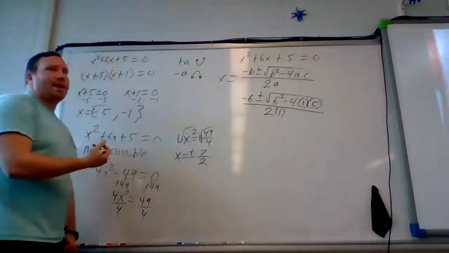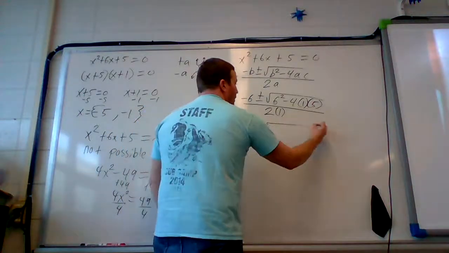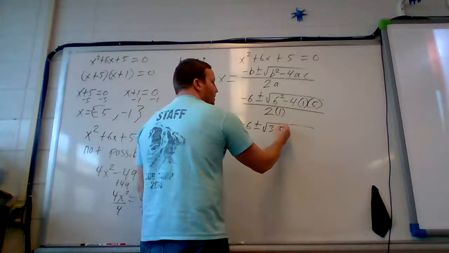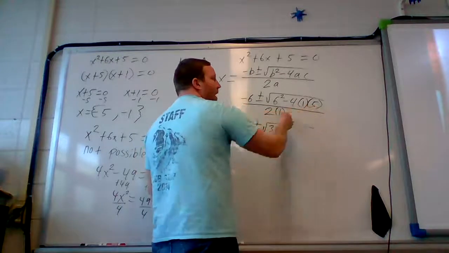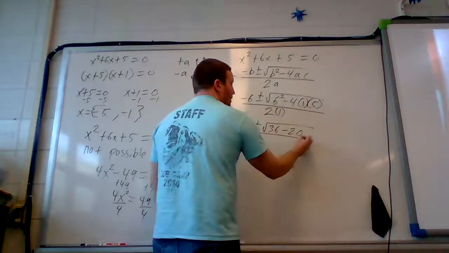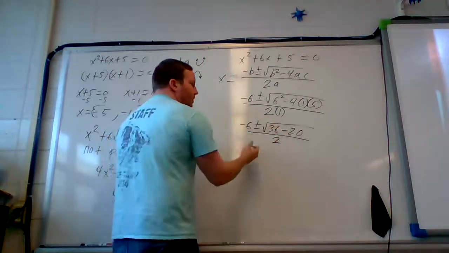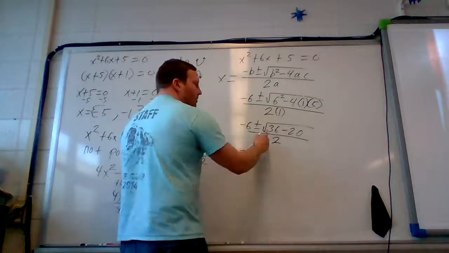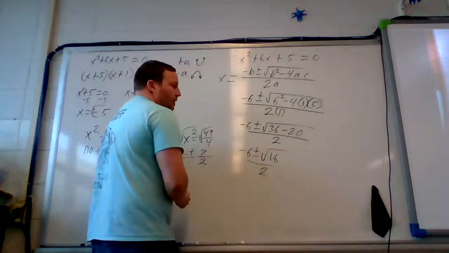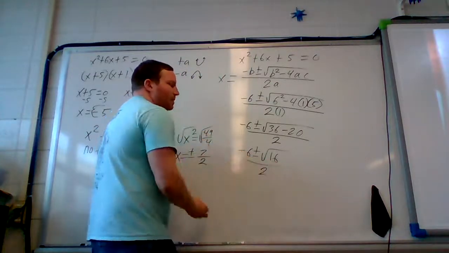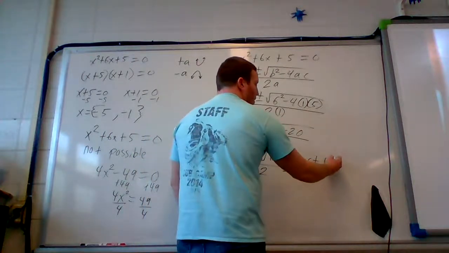And then we want to simplify that down as much as we can. So in this case, we have negative 6 plus or minus the square root of 6 squared, which is 36. Then we have a negative 4 times a 1, which is still negative 4, times 5, negative 20, all over 2 times 1, or 2. We can reduce that inside of the radical. 36 minus 20 will leave us with 16, divided by 2. We can take the square root of 16. That is going to get us 4